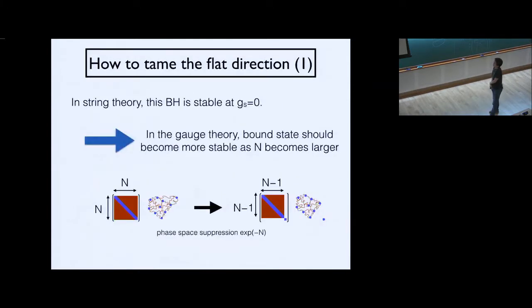We can easily see that if the duality is correct, first of all, on the string theory side, if we take the string coupling to be 0, this black hole is stable. And the string coupling g_s corresponds to 1 over n on the gauge theory side. So that means at large n, somehow the black hole should become stable. It can be understood very easily by just drawing a picture of a black hole. A black hole is D-brane particles connected by strings. And if you have a bound state of n D-branes,